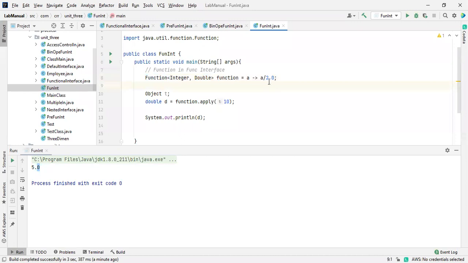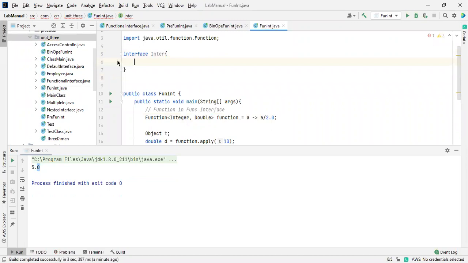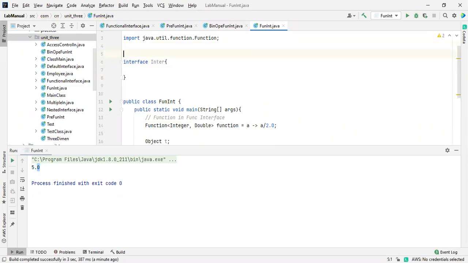Only one abstract method is available. Actually, I think you already got this one. Let me show the interface. Already I said about the annotation. If it is a functional interface, then we have to mention the FunctionalInterface annotation over here.